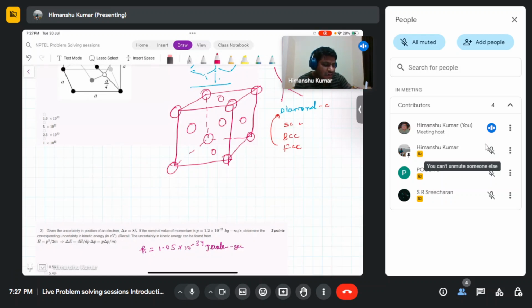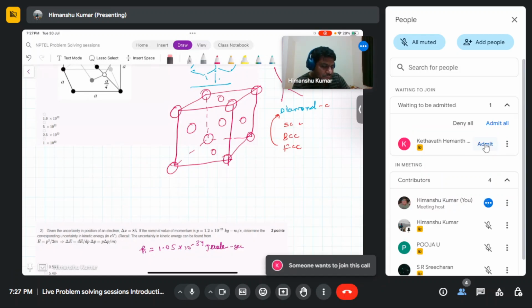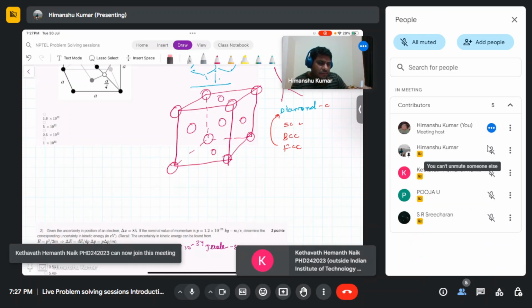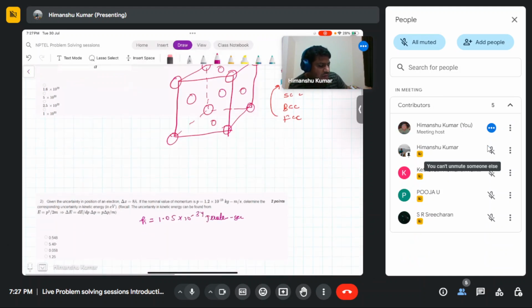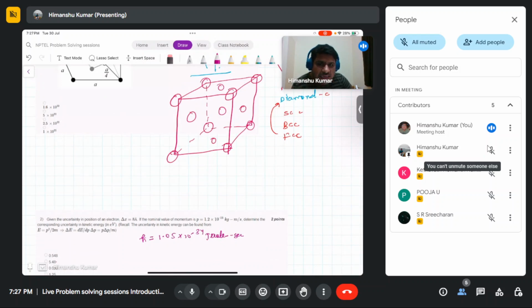The diamond cubic crystal forms when, at each lattice site, where the FCC points are, you put two atoms in an FCC lattice,